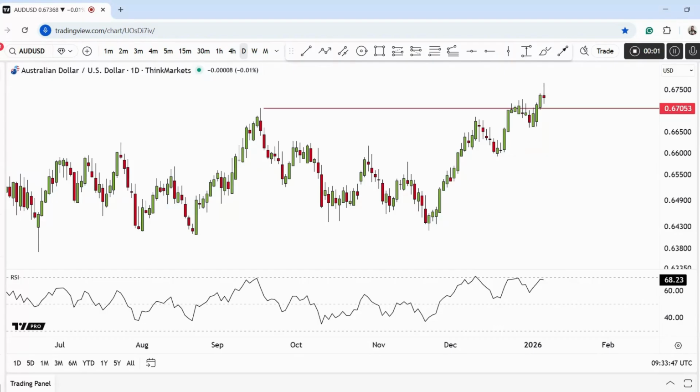Good morning, traders. The Australian dollar just hit a 15-month high at 67.66, but we are seeing, at least for now, a spinning top candlestick form today as price pulls back towards the 67 handle. The big question is, how come Aussie rallied when inflation actually fell overnight? So it is a bit of a confusing fundamental mix, because you've got a falling Australian CPI versus a hawkish